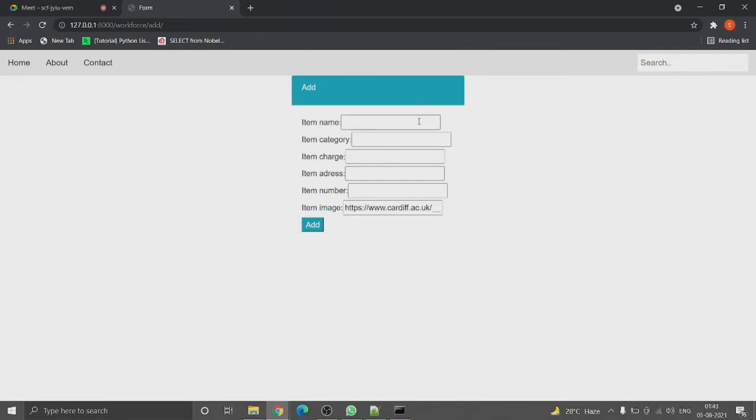Here, the worker would provide all of his details such as his name and his category, as to which type of worker he is. For example, he can be a carpenter or an electrician. His charge, his address, his phone number, and by default an image has been set for him which he can later change.